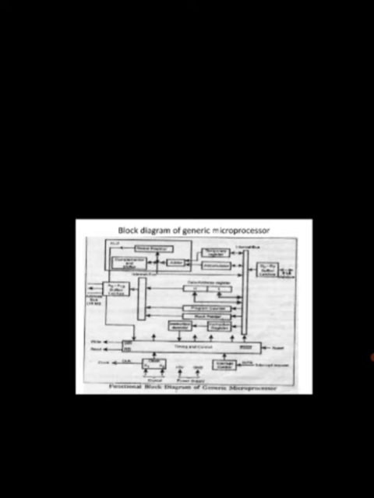Next is the interrupt control. Above that we can see read and write, that is timing control and reset. There is the program counter, stack pointer, instruction decoder, instruction register, data address register, latches, temporary register, accumulator, adder, status register, and A0 to A5 buffer latches. This is the address bus. At the left side A0 to A15 is the address bus, and at the right side D0 to D7, the 8-bit data bus.